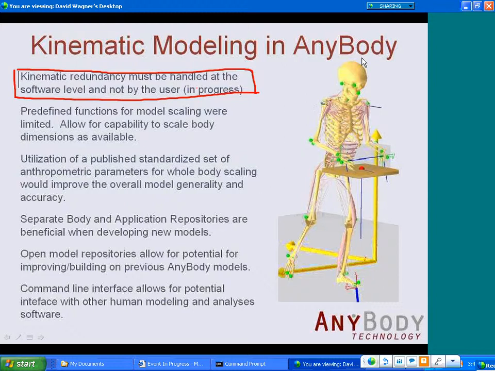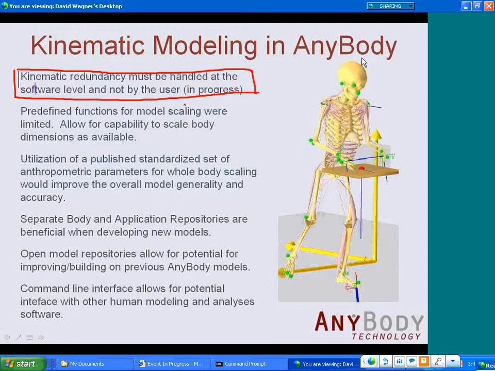It would be nice if this occurred, and unfortunately right now this is not the case, but I know Michael Anderson of the Anybody team is addressing this and has presented a previous webcast, which I'm definitely excited about. And this just goes to the ease of handling dynamic analysis, that it probably wouldn't be feasible for an ergonomist to go in at this level and assign the degrees of freedom and the drivers of those degrees of freedom